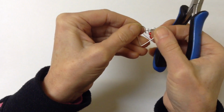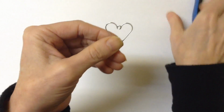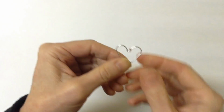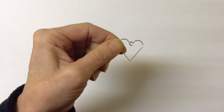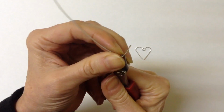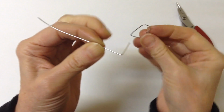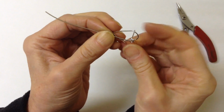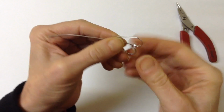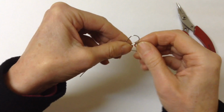So you push it in so you have sort of the basic form like that, and then we're going to cut another piece and put a wire down there. So to add the wire, we're just going to bend it at a right angle and stick it into the hole there like that, and you want to hold it securely,